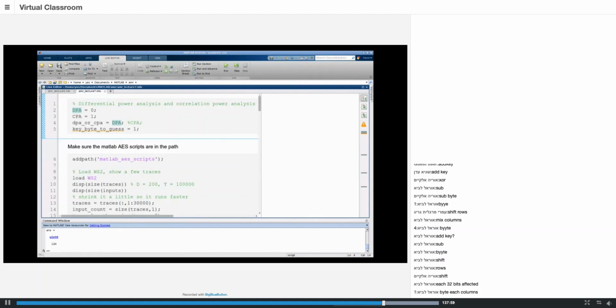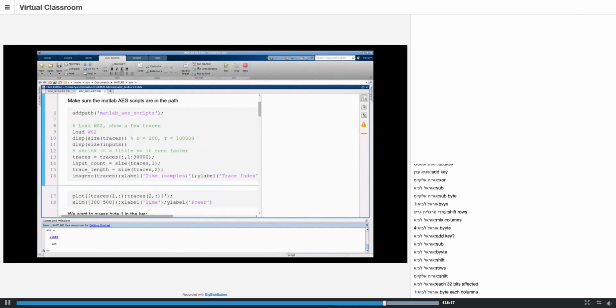So the dataset I'm going to be using here is called WS2, and you can download it from the DPA book website, dpabook.org. These are traces which were captured with a real microcontroller. You actually saw pictures of this microcontroller, and I'm going to show you how an AES trace looks like. So first of all, let's load